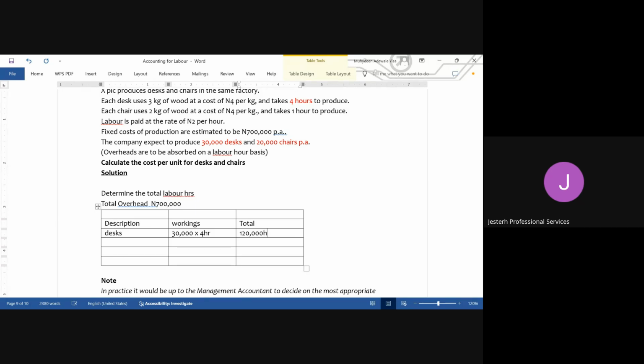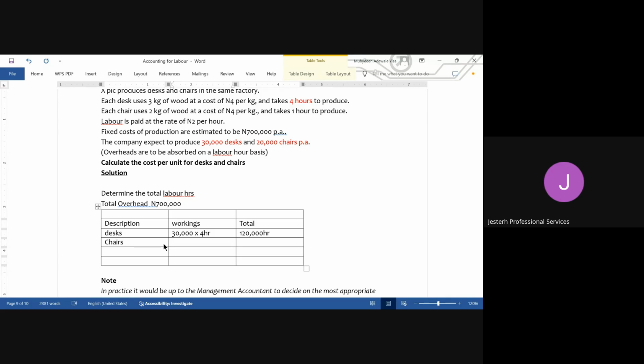It means for us to produce this total unit of desks, now that they projected to produce each unit in 4 hours, the total hours it is going to take us to produce 30,000 units is going to be 120,000 hours before we can produce these 30,000. And then our overhead is based on these labor hours. Now we move forward to